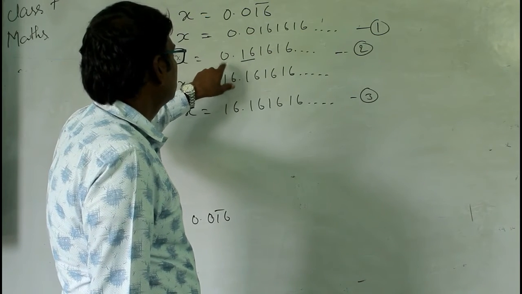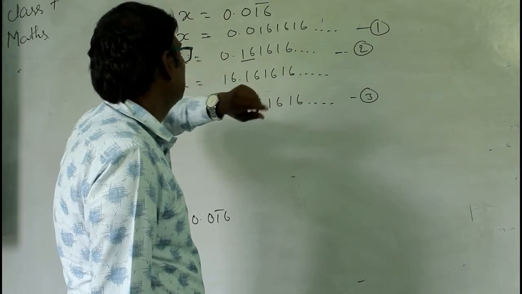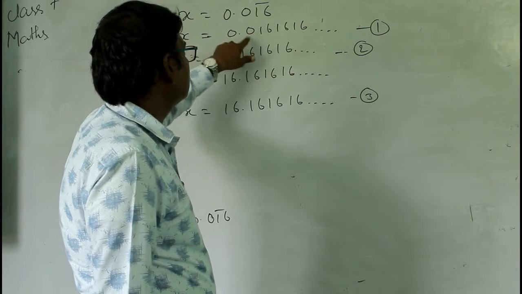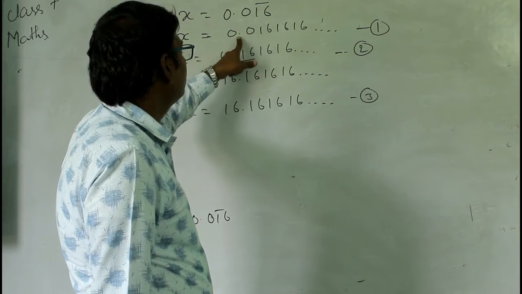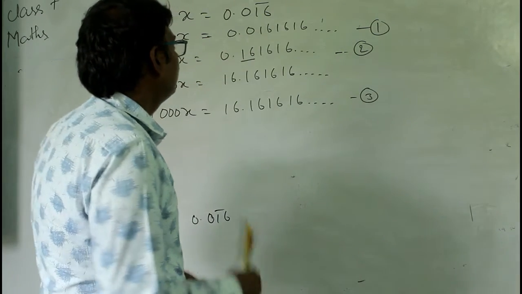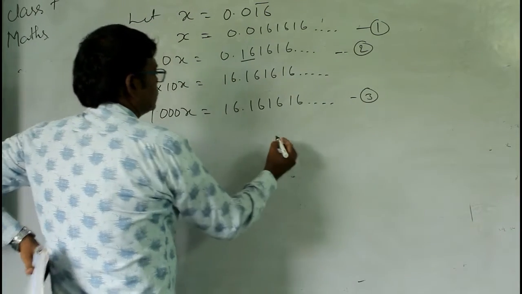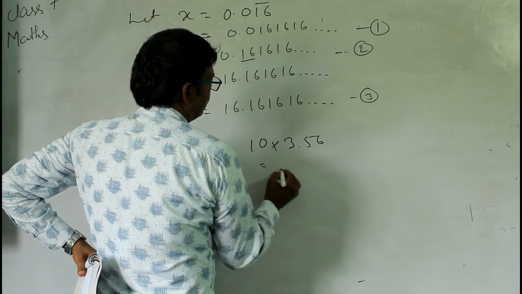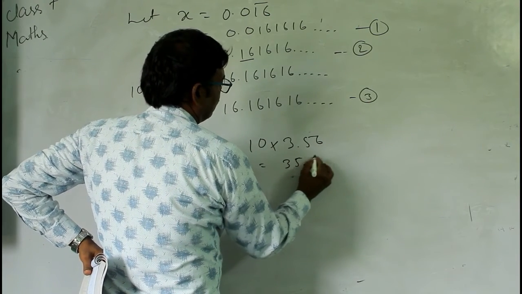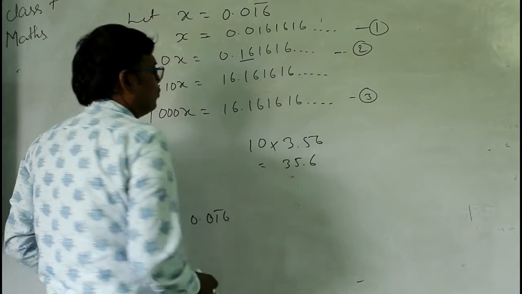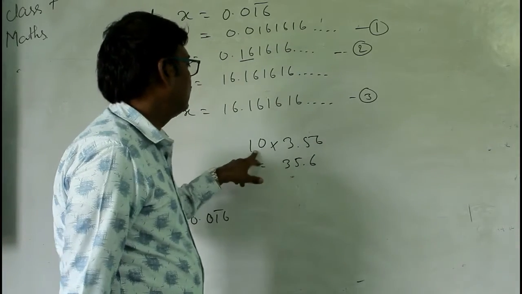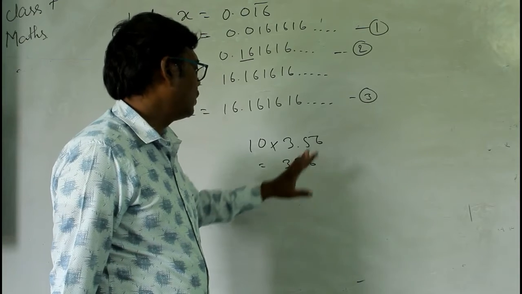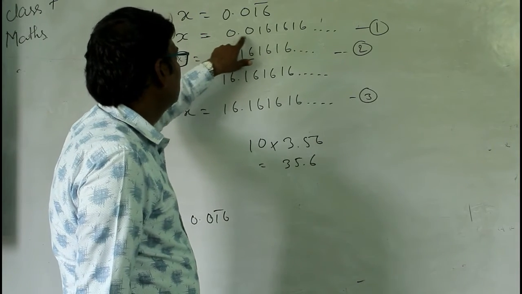And after this, what to do? We have to bring this 0 to this side, meaning here we have to write it as 0.1616, like this. So if you multiply by 10 on this side and also on this side, then this decimal place will move one place to this side. When you multiply, suppose you have 3.56 and multiply by 10, what will it become? This will be 35.6. So when you multiply any decimal by 10, the decimal moves to the right one place. So here also the decimal comes here.